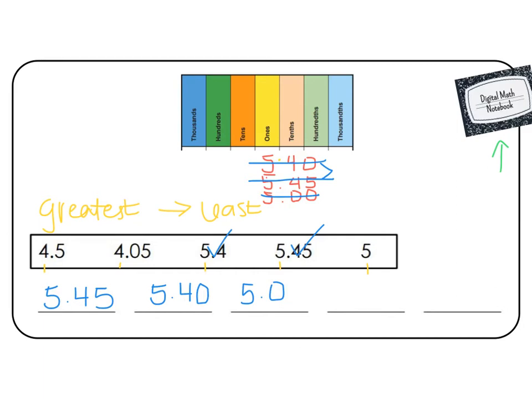I'm going to erase my 5s here and do the same thing with the 4s. With the 4s, we have the number 4.5 and the number 4.05. We can add a place value here to show where that 0 belongs. Thinking about money, this first number would be $4.50 and the second number would be $4.05. So I know that 50 cents is greater than 5 cents. So 4.5 is going to come before